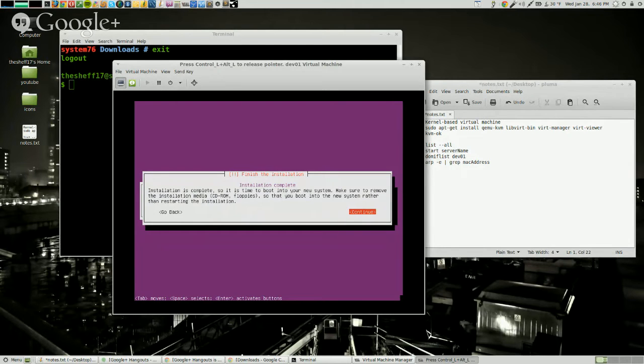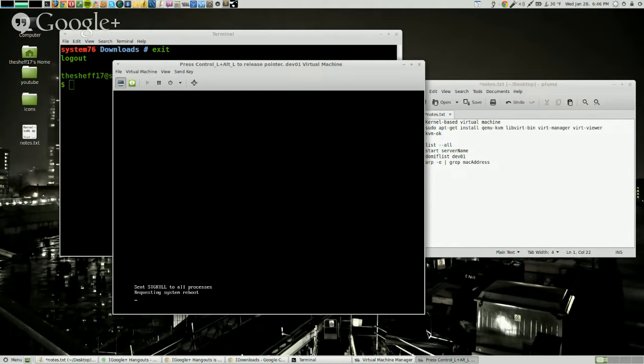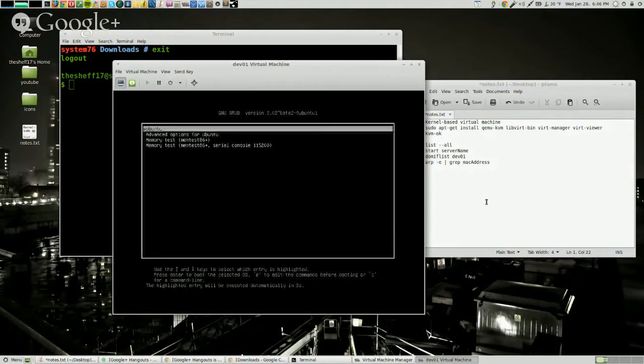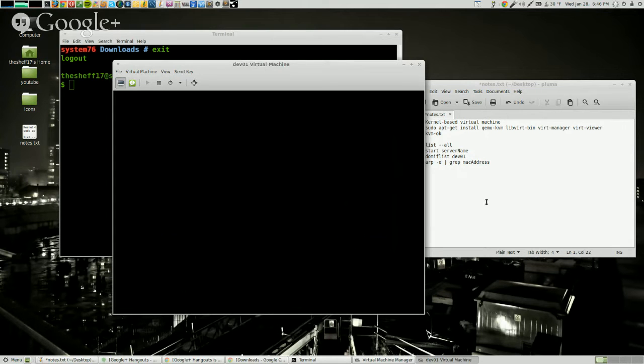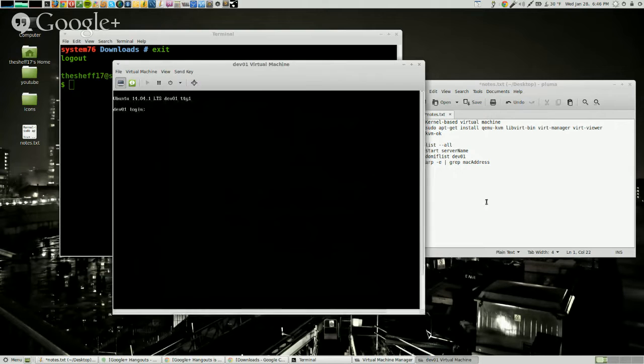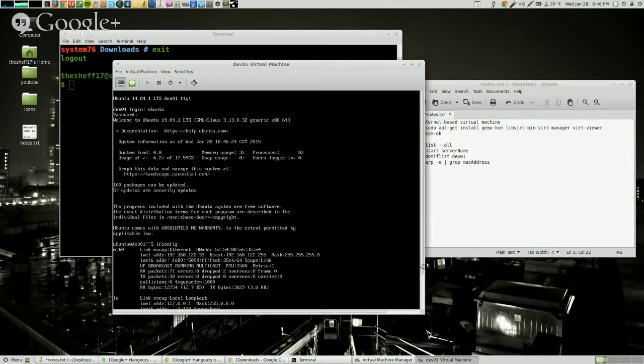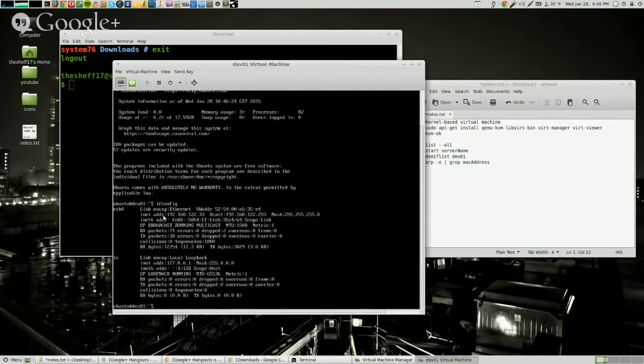All right, let's finish this installation. Now it's going to reboot, and it's going to go straight into the Ubuntu prompt, just like we had on VirtualBox. So let's log in as Ubuntu, put in our password. Let's do an ifconfig and check what our IP is. So our IP is right here,